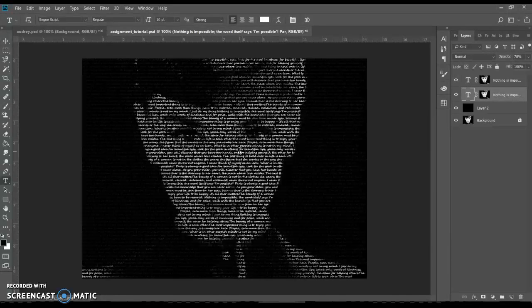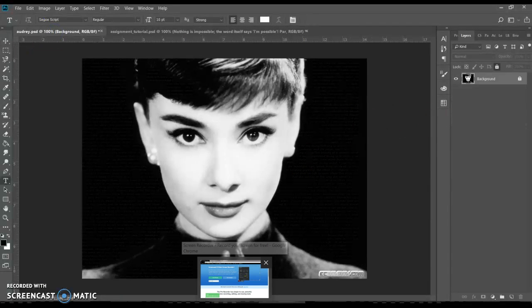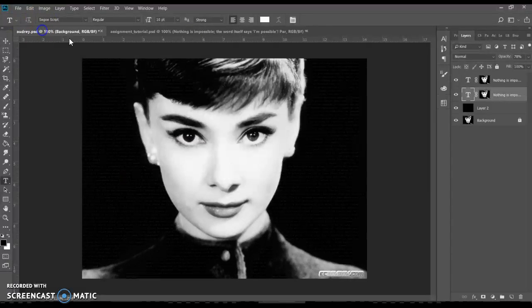to do a Texan portrait. This Texan portrait is relatively simple, and I believe that we can do this in under 5 minutes. So this is the finished product. I already have it done, but we're going to start fresh with a different picture here, which actually, no, it's the same picture. It's just in a different